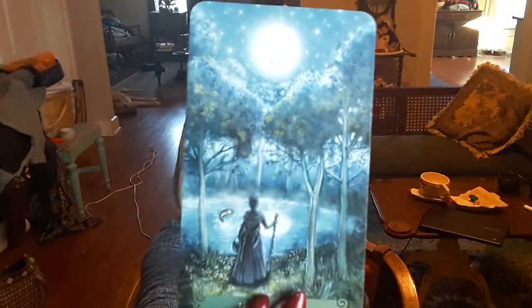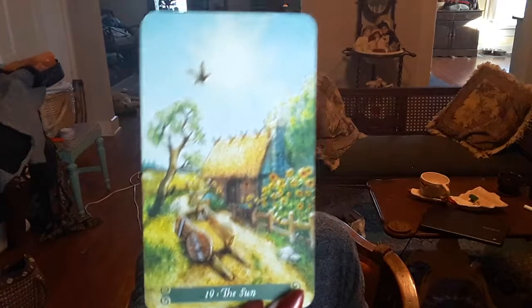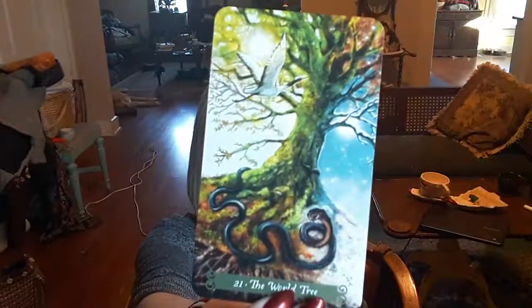And the Moon. And I think for these cards, the meanings of these things might be slightly different due to the symbolism being used and the other cards that are within it. So you kind of have to go by feel. And we have Harvest and cards like the World Tree. So I'm going to definitely journey with these and see exactly what those other types of cards really mean